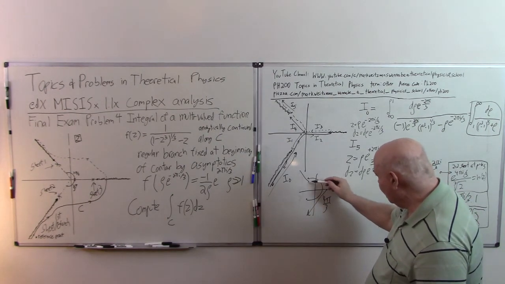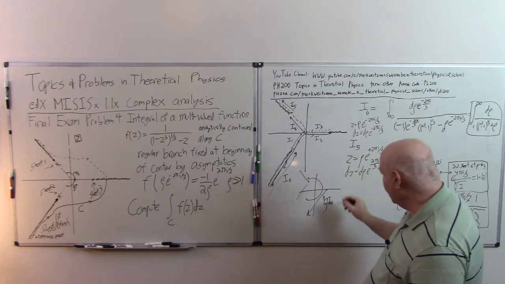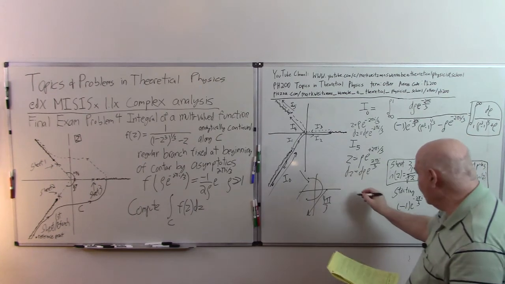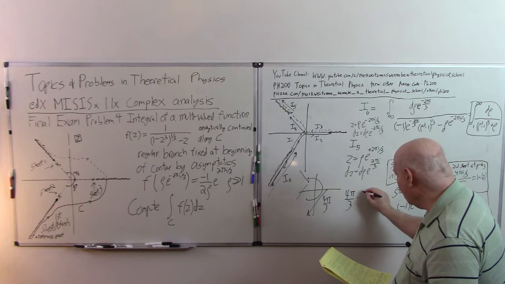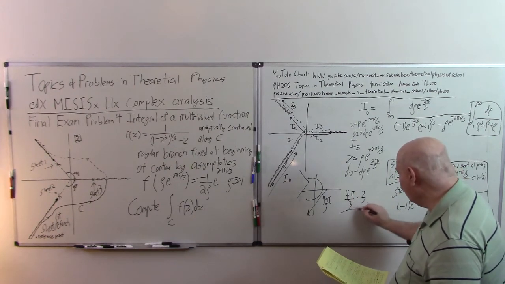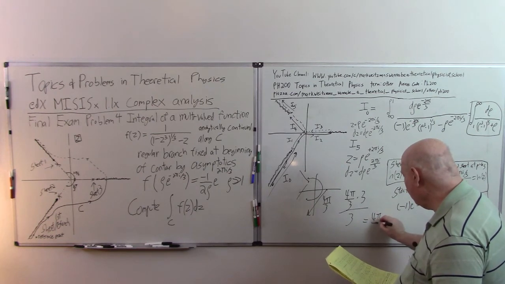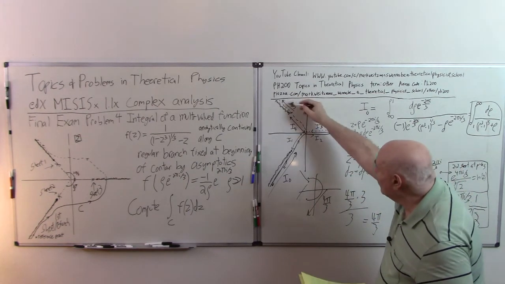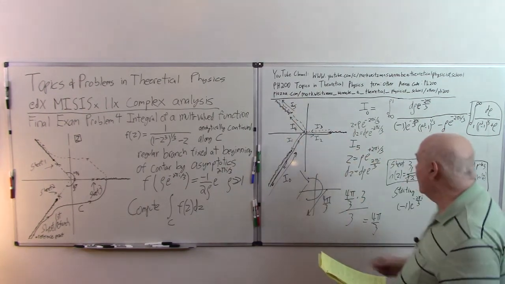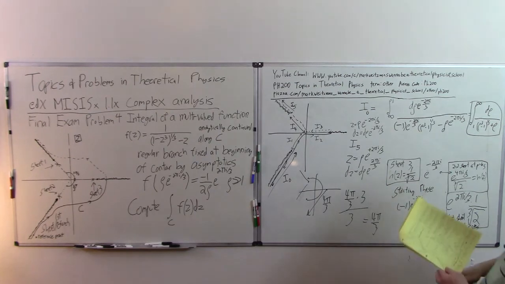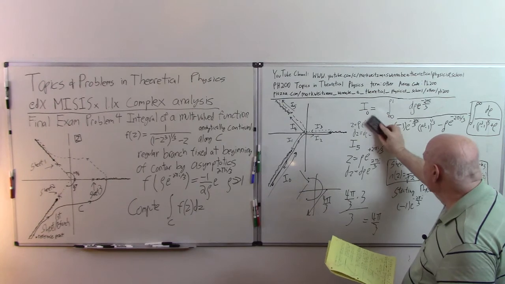And then the same thing on this one. You go from here all the way. So the total phase change is 4 pi over 3 times 3. And then for the h function, we divide by 3. So we end up getting 4 pi over 3. For every point on this branch line outside the branch point, for I5, it's 4 pi over 3. So to calculate the integral for I5,